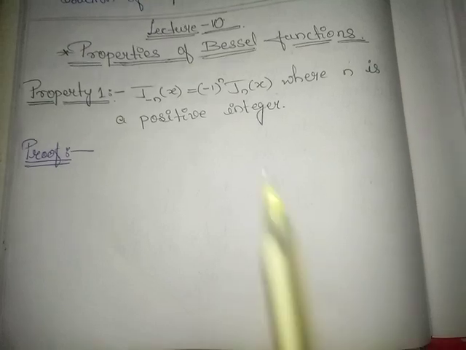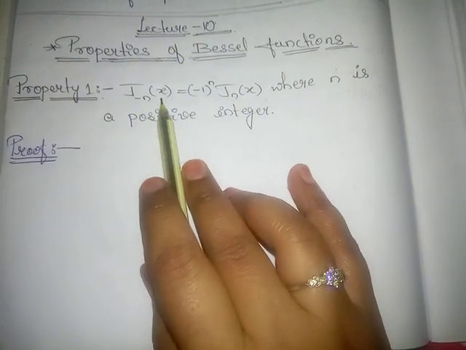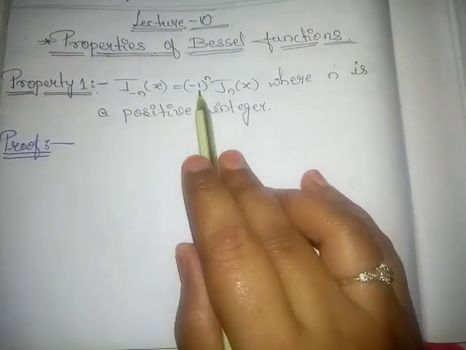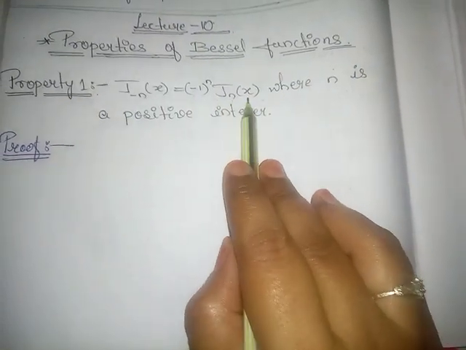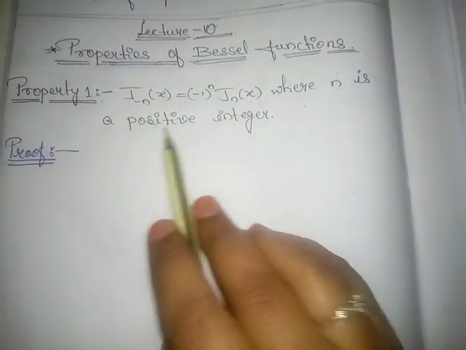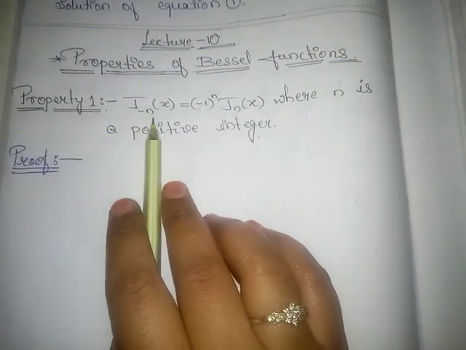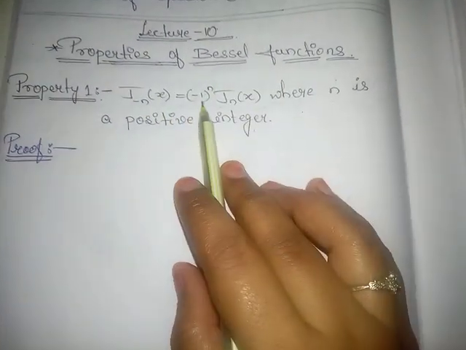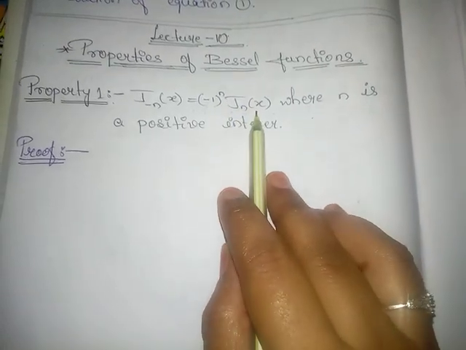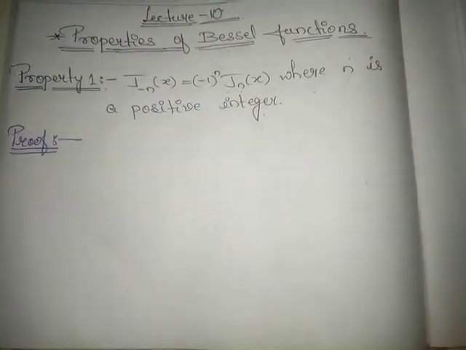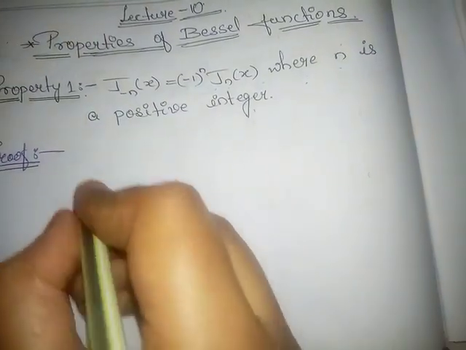Here the property 1 is J minus n of x is equal to minus 1 raised to n Jn of x, where n is a positive integer. We have to prove that J minus n of x is equal to minus 1 raised to n Jn of x. For that, by the definition of Bessel function, we know that